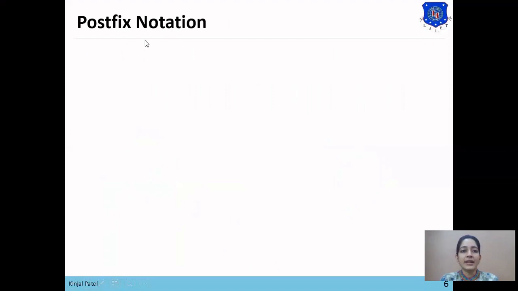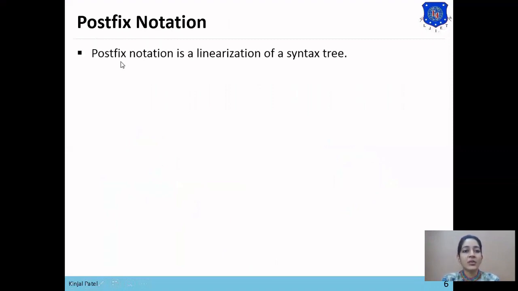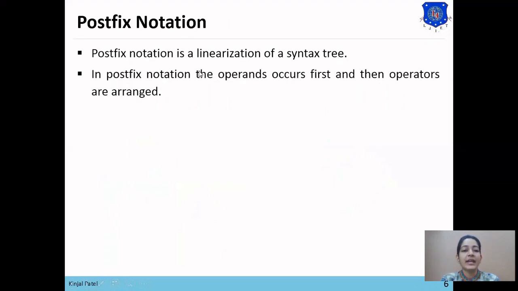Now next intermediate form is postfix notation. So postfix notation is linearization of a syntax tree. In postfix notation, the operands occur first and then operators are arranged. For example, here is the expression a plus b star c plus d.